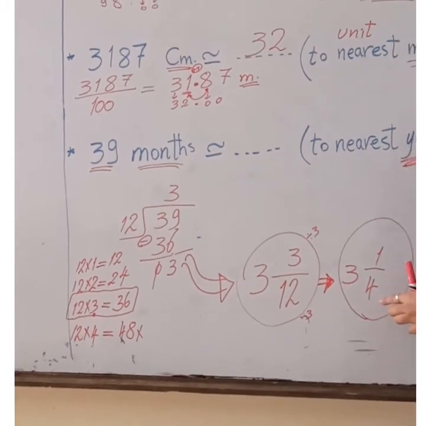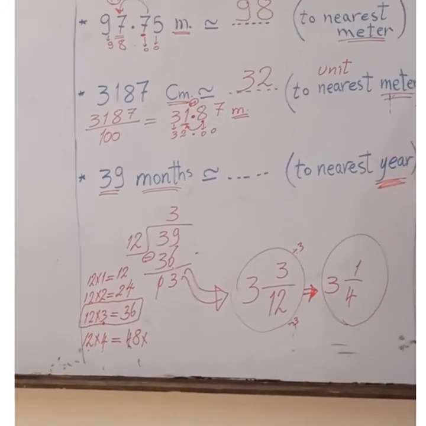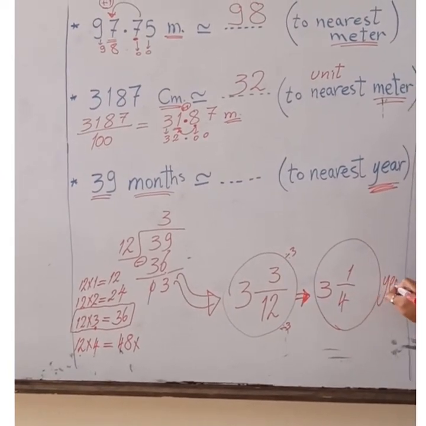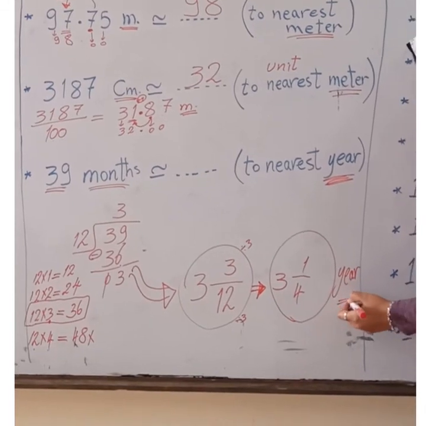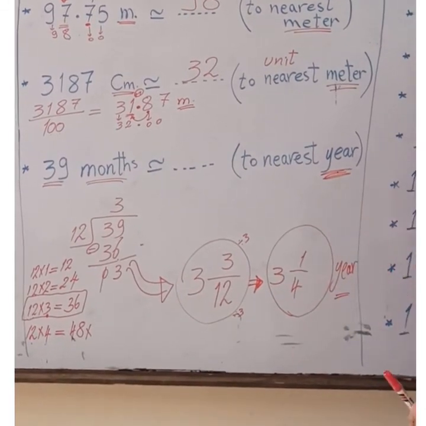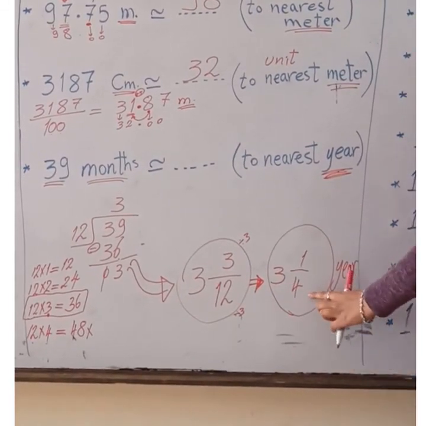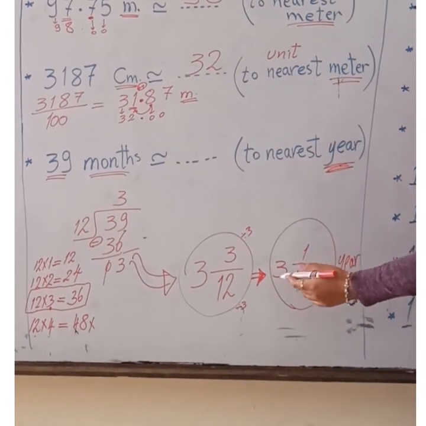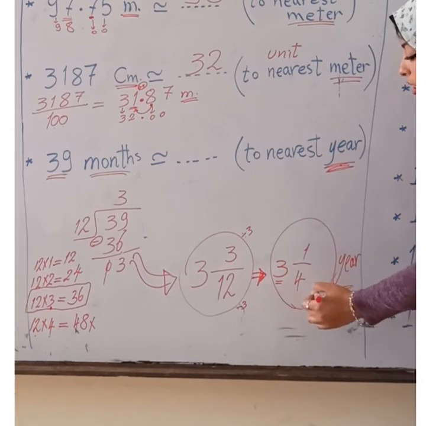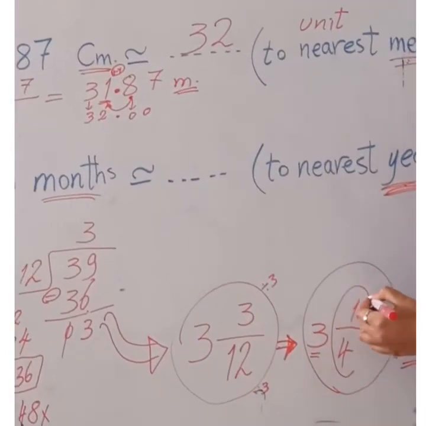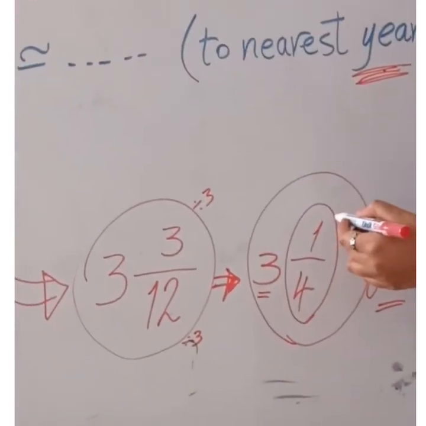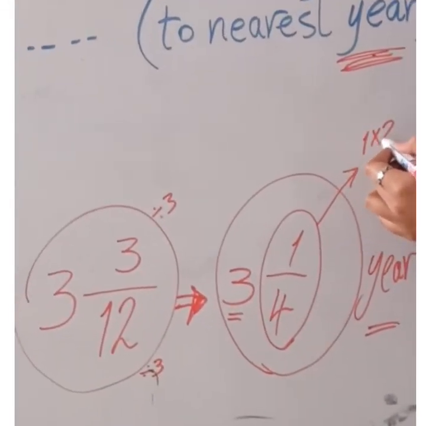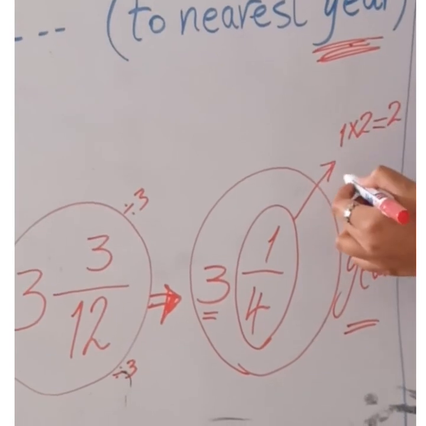We should approximate to the nearest year because this mixed number is in years. Here we have the same units. Then approximate to the nearest unit. How could we approximate this number to the nearest unit? We stop at the unit, which is 3, and ask the digit before it, which is the quarter. Take its numerator out and multiply it by 2. 1 times 2 equals 2 and 2 is